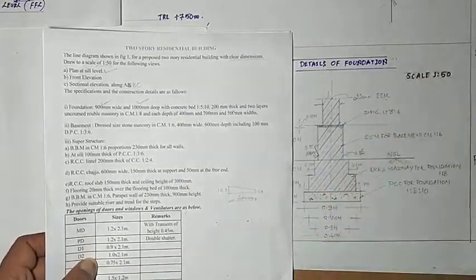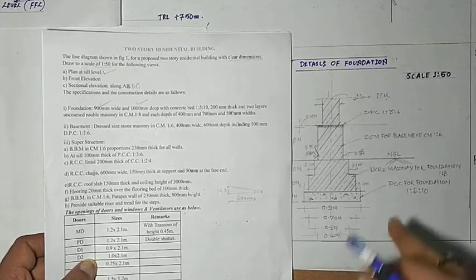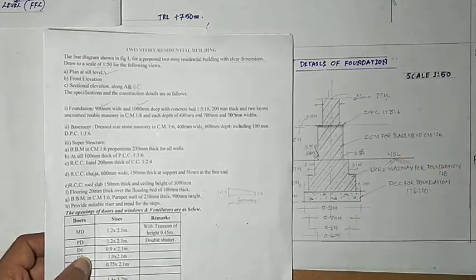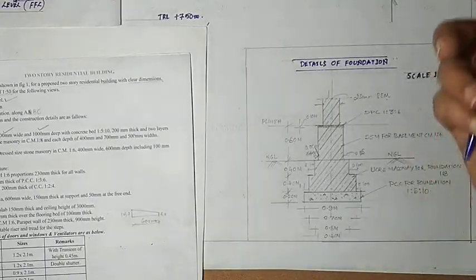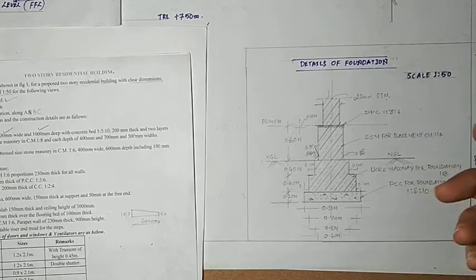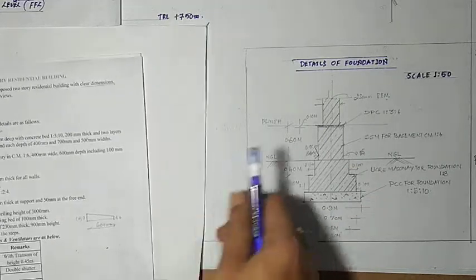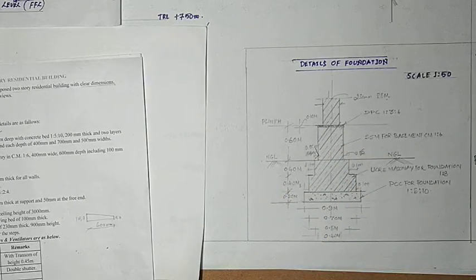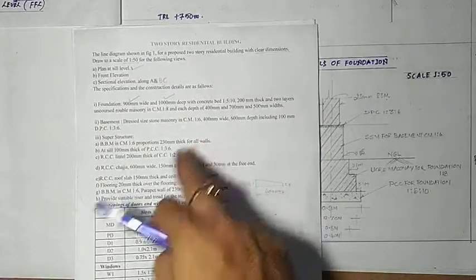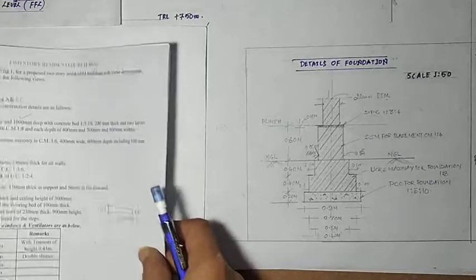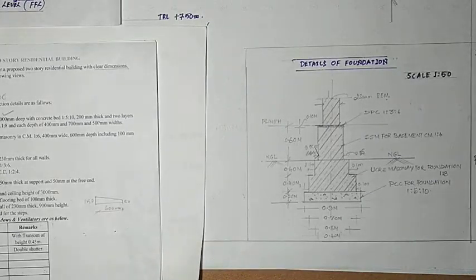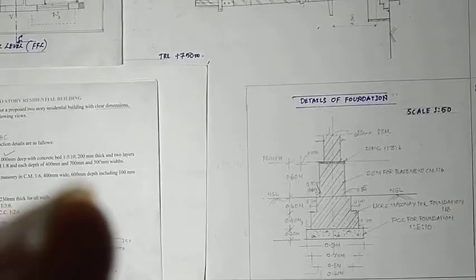If you are constructing compound walls or partition walls, then the foundation width as well as depth will be reduced. But from an exam point of view, this is sufficient. No need to draw all the foundation details in the cross section. Typical details of foundation can be shown like this. So this is sufficient for you to prepare sectional elevation details by referring to plans and the construction details they have given. And one more important thing, after preparing this, you have to prepare a schedule of openings.